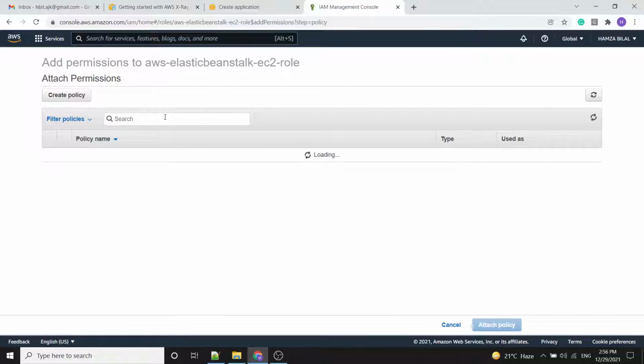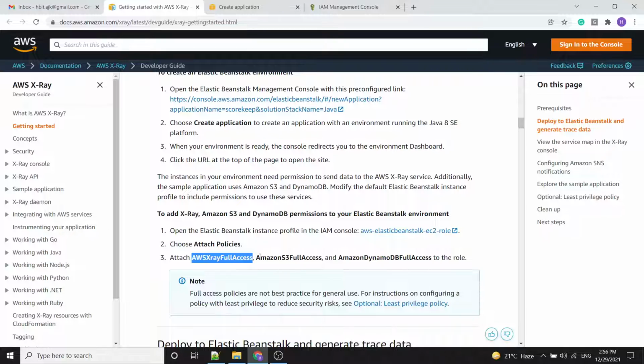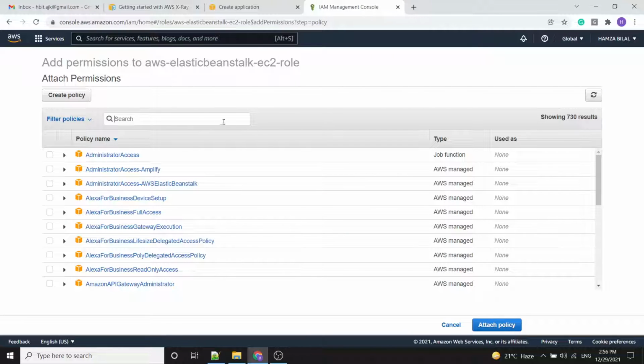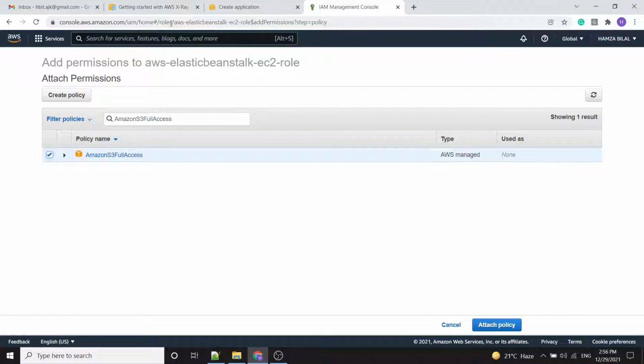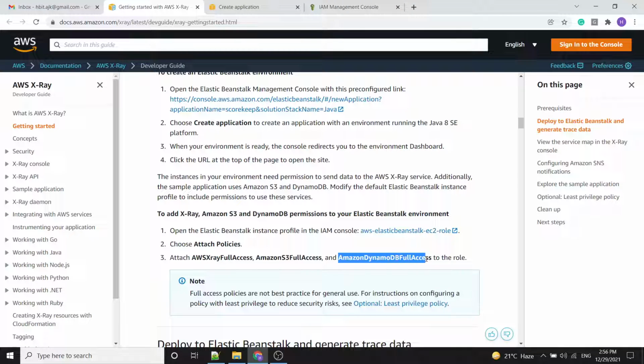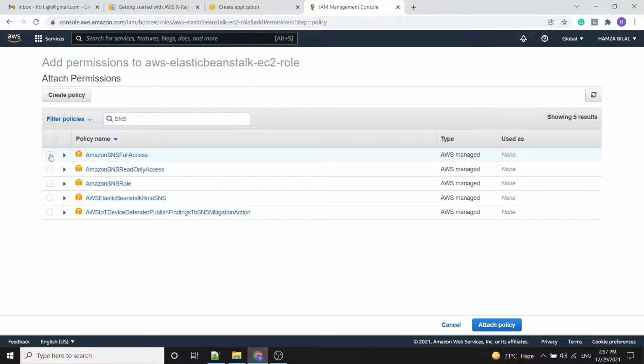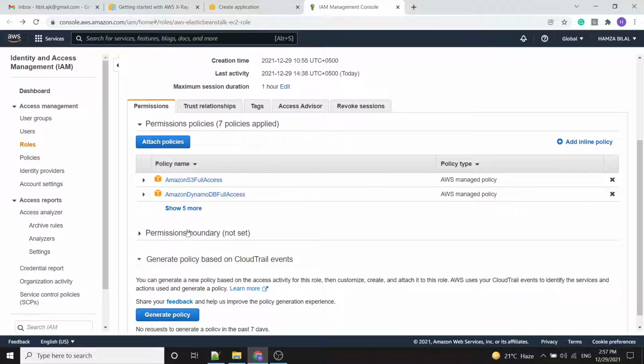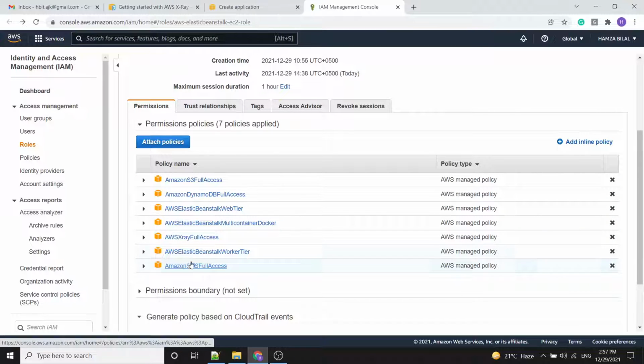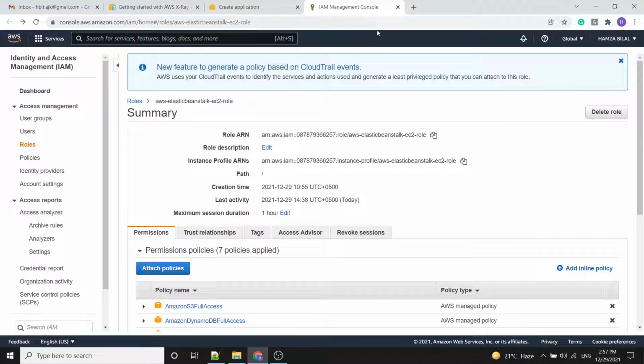Attach policy, search X-Ray full access, then the second one, S3 full access, DynamoDB full access, and also SNS full access, and attach policy. As we can see, all the attached ones are shown here in the console. We will close this window